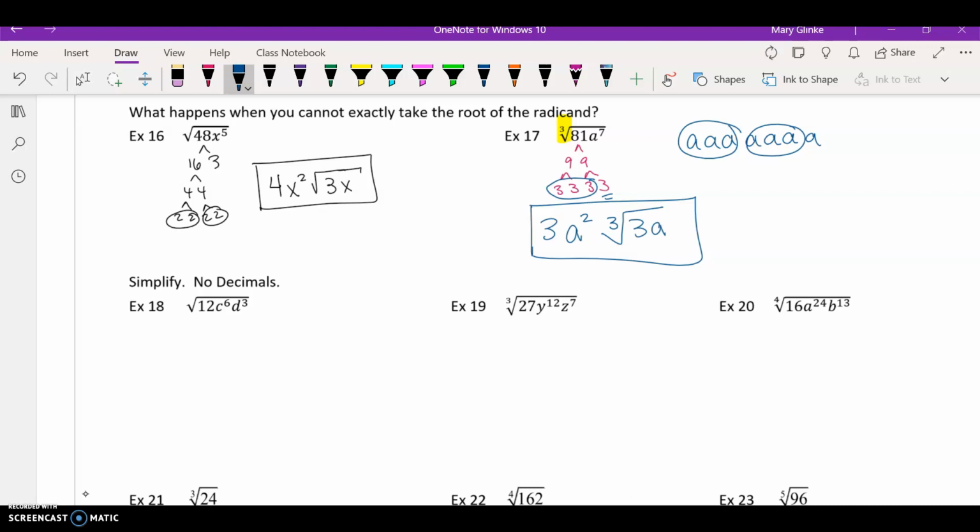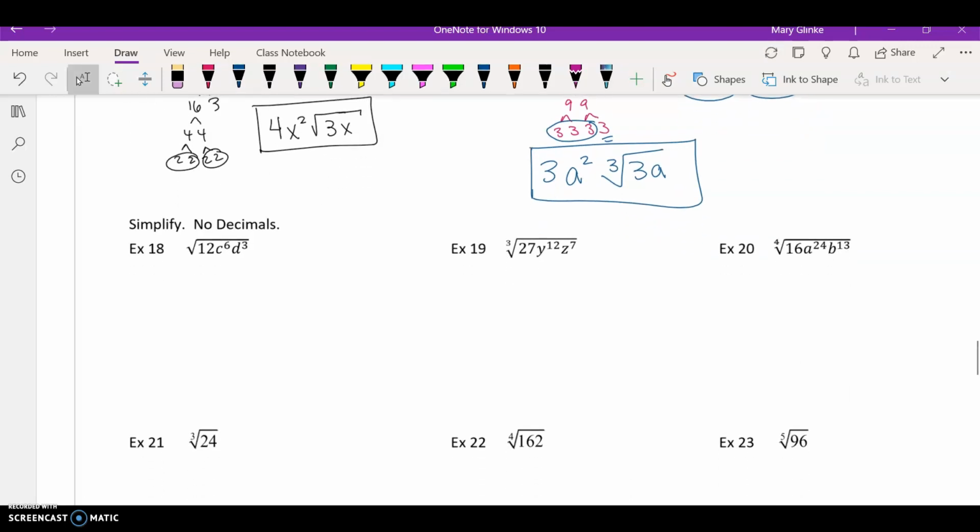So the next couple are going to be the exact same type of idea here. So for 18, we're back to square roots. So you can go ahead and break down 12, looking for number pairs or something that you can square root. So there's a pair of 2's and a 3 is left behind. For your c's, you are starting with 6 of them. So if you pair things up, overall you have 3 left that you can pair up and bring out. For your d's, you can pair up 2 of those and you would be left with 1 behind inside your